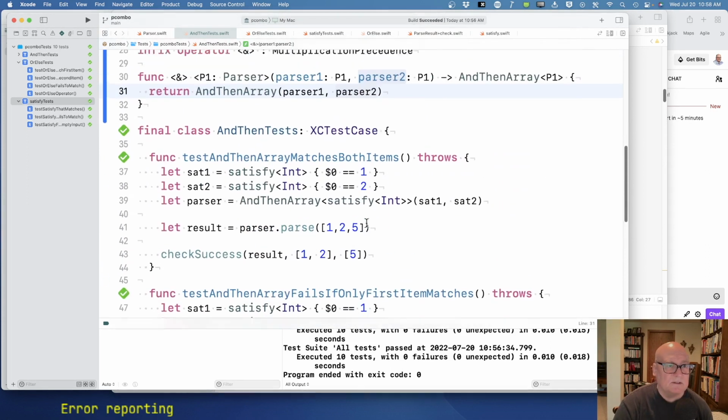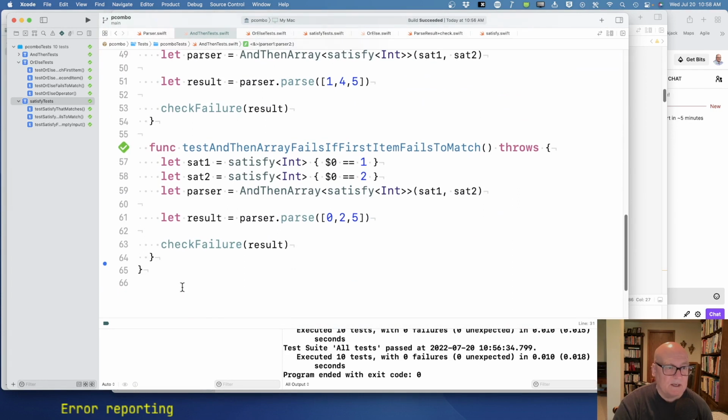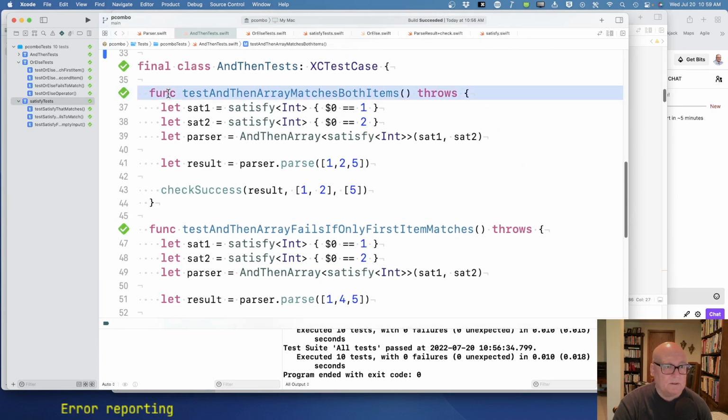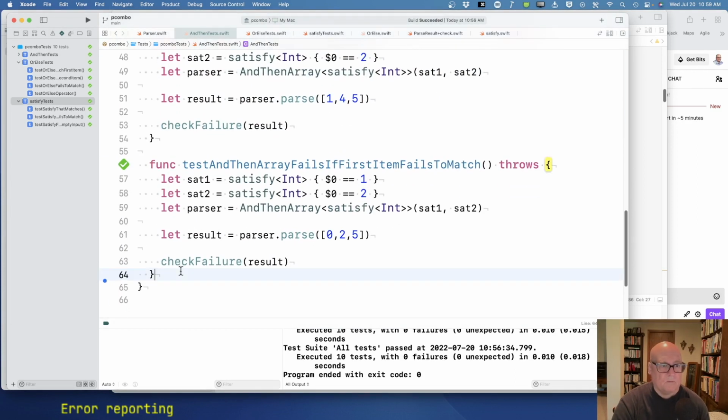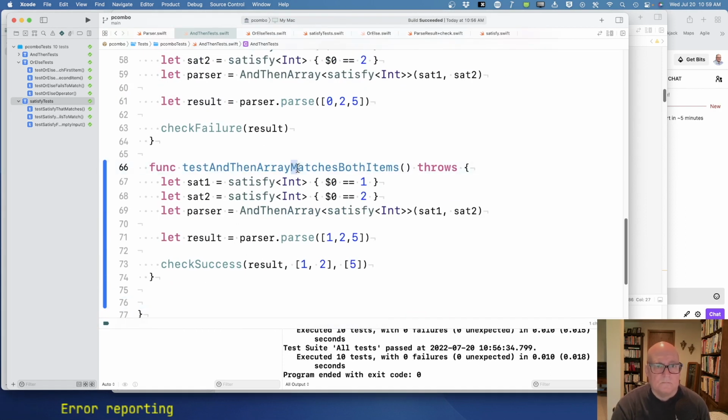I sure did. Okay. Well, let's put the test in anyway. And I think we want to take this as our case. Okay, operator 1, 2. This is sat1